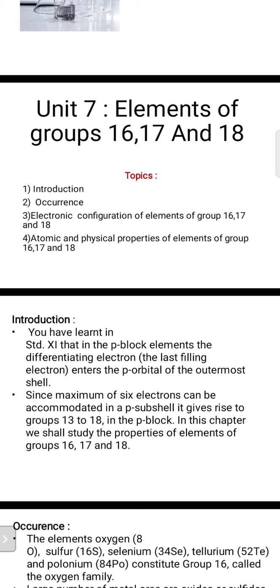to 18. In the periodic table, starting from the left side we see the elements of the s block, which are of groups 1 and 2. Later the p block is in the middle of the periodic table, and at last the d block and the f block downside. In the middle position, we're going to discuss the groups 13 to 18 of the p block. Students, in this chapter, we're going to learn about the properties of the elements of groups 16,